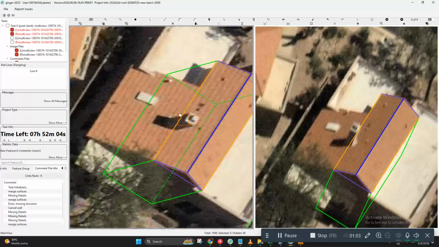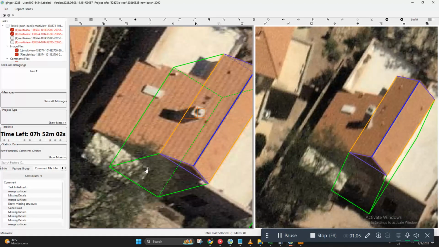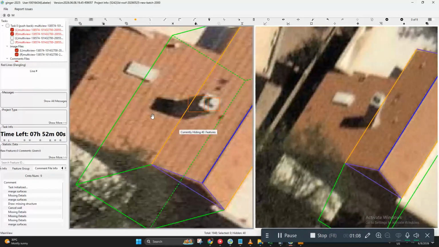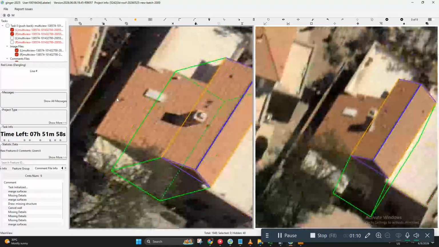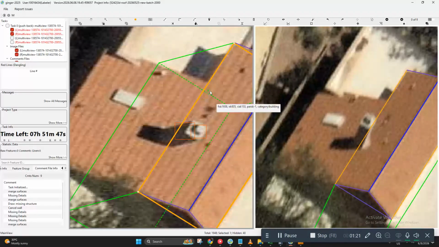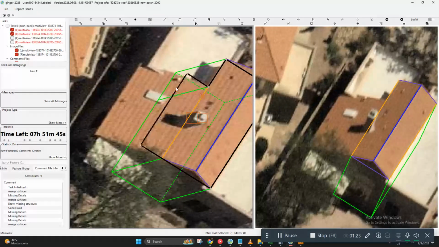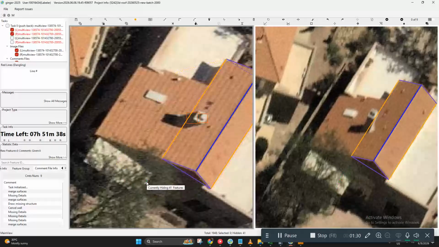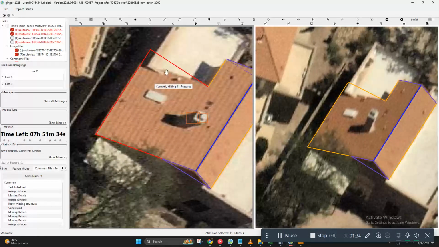Next is for this panel. Since this will be one panel with this one, what we do is we just drag this roof panel. When you are having a hard time trying to drag the panel, I suggest you turn off the base first. So click and then just press J so that our focus will be this one.